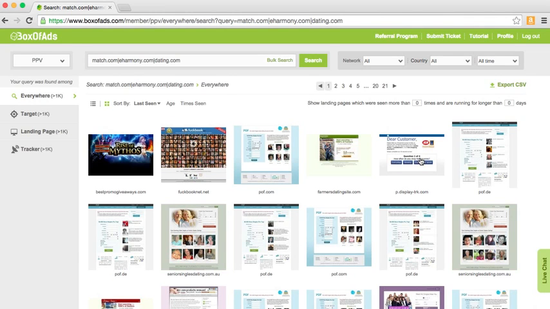So this is what you're going to be seeing every single time you do a search for a PPV ad. There's a few filters on the sides that we need to go through before we can dive right into these campaigns. So we'll do that first. First thing you need to know is that we have our 4 sections down here of how we split up